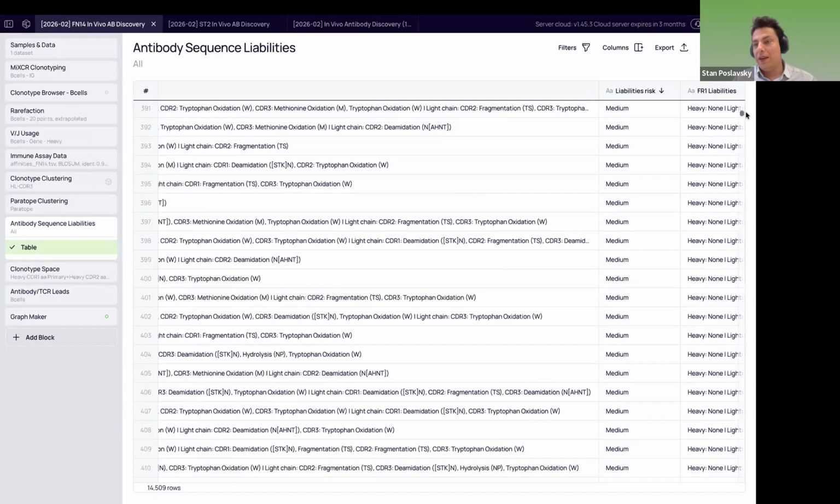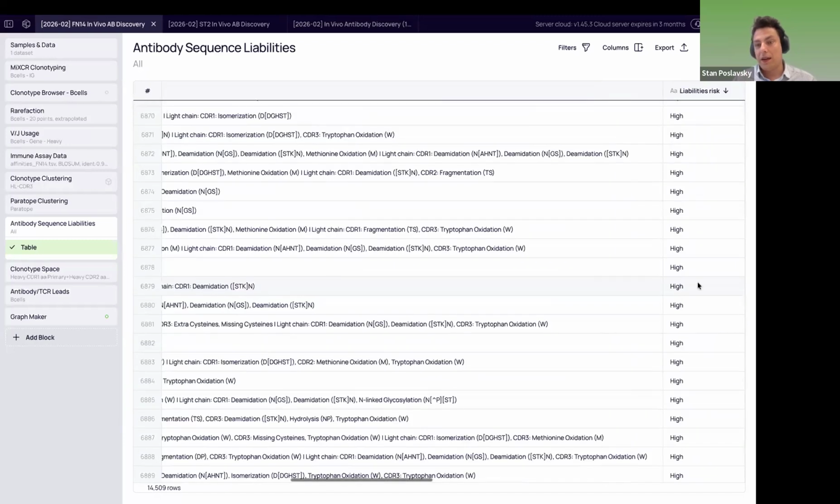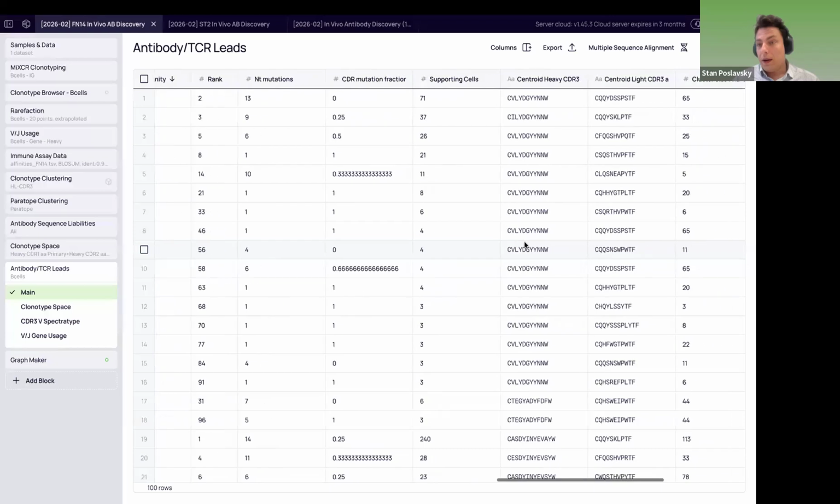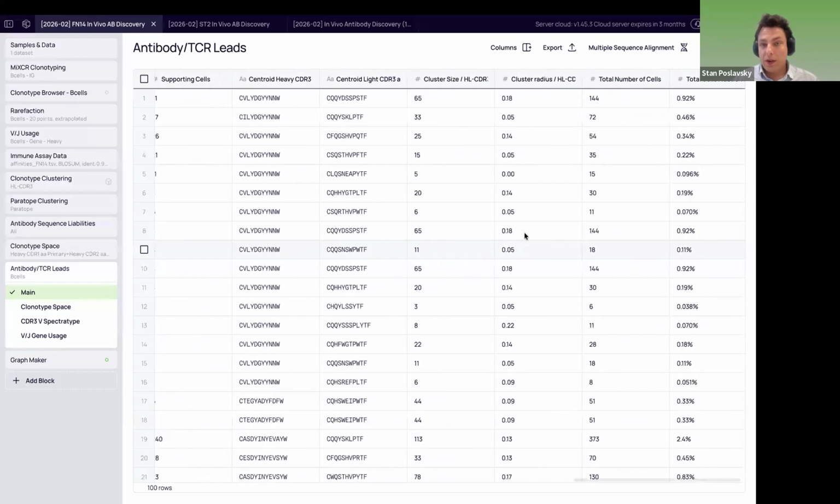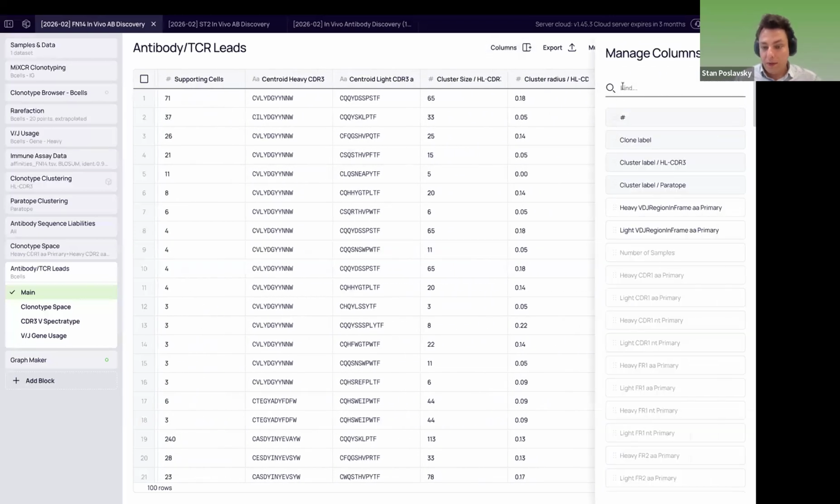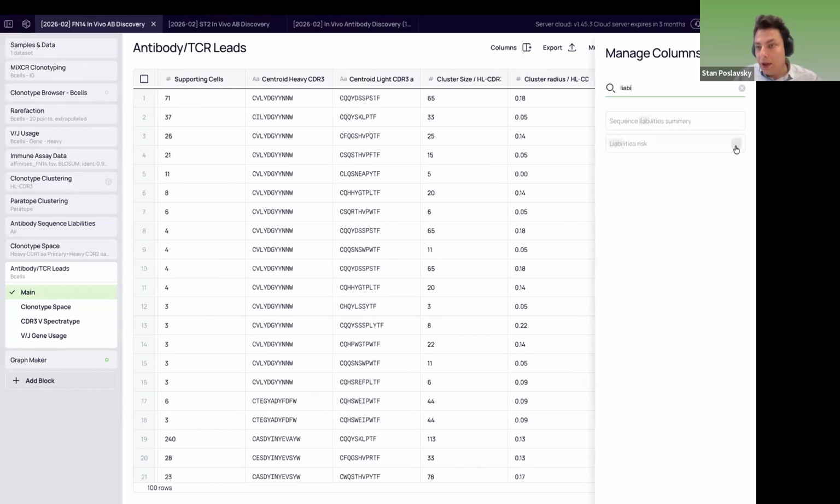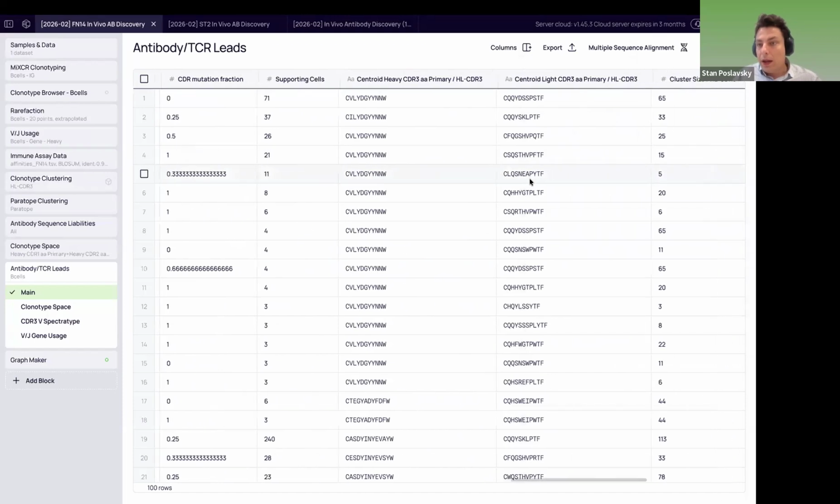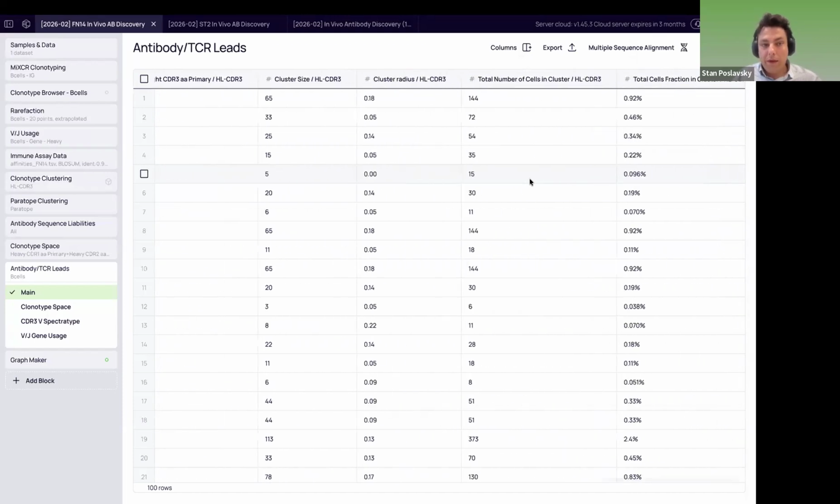And high liability antibodies that are just non-fixable, and we know this for sure from the literature. Yeah. So if we return to our antibody TCR release block, let me just see where we have this column with the liabilities, liability risk. Let's make it visible, and sequence liability summary. Yeah. So now we have